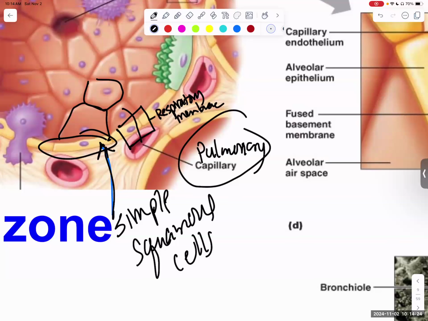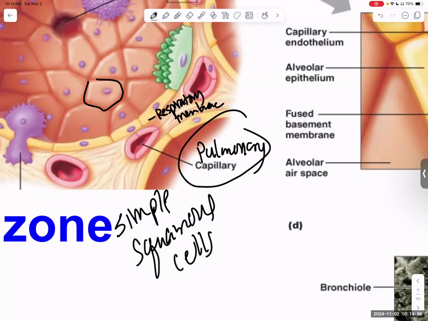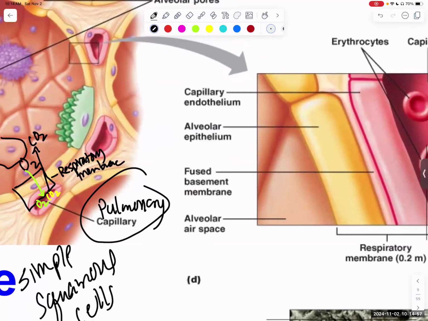Here is where oxygen is coming in. Oops, didn't mean to do that. Here's the respiratory membrane, and that's not even it. Let's try this again, shall we? Respiratory membrane. You have oxygen in here. Oxygen is going to move in. You have carbon dioxide in here, and it's going to move this way. So across this respiratory membrane,